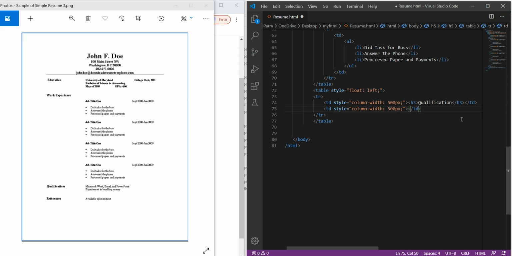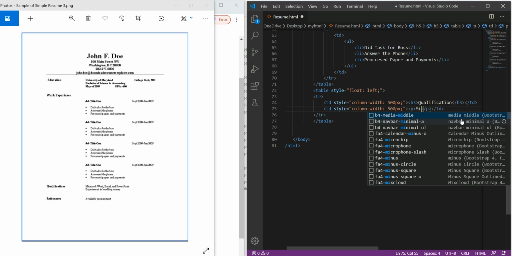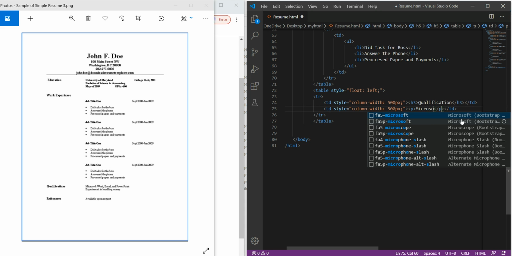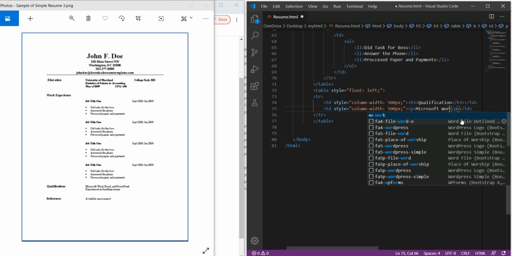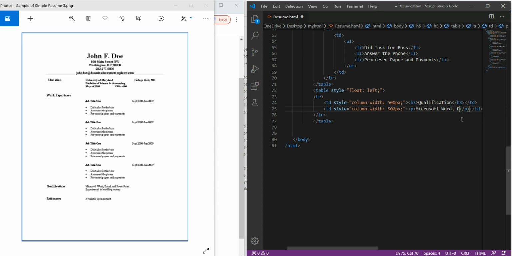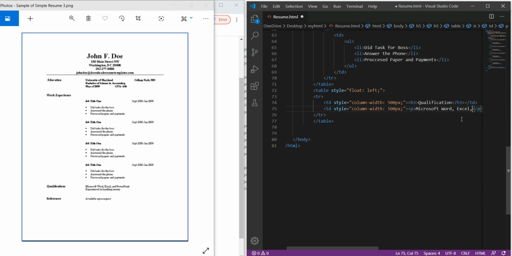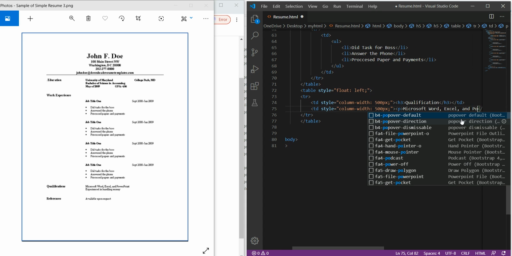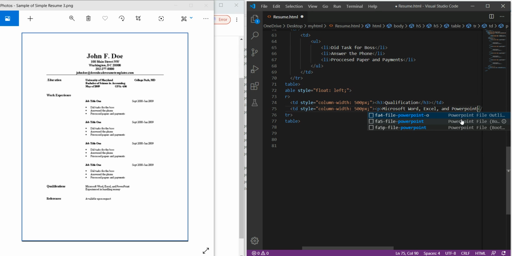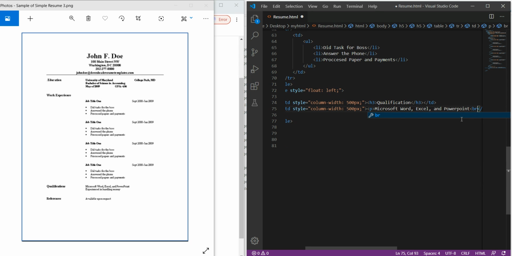Then here we have to write a simple paragraph, the p element, and here we write Microsoft Word, comma, Excel, comma and PowerPoint. Here is again the line break, so we will use the br element and write experience in handling money.